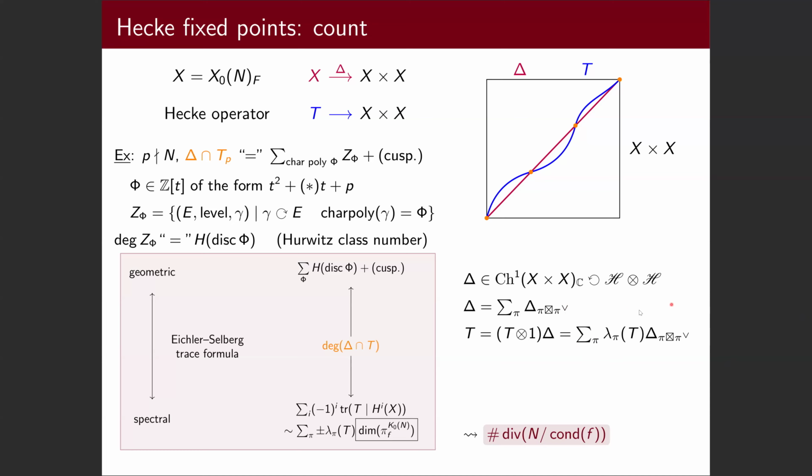Okay, so now I have these spectral decompositions of the diagonal class and the Hecke operator. And so I can use this to calculate the intersection pairing. So this point count, the degree of the intersection, we should be able to calculate this as an intersection product in the Chow group. And there's supposed to be some adjointness for these Hecke operators with respect to the pairing. In other words, the self-adjointness means that these different Hecke eigenspaces should be orthogonal to each other. So if I calculate this intersection pairing, I should be able to calculate the intersection on the isotypic pieces term by term. So the Hecke operator T contributes a lambda pi, and otherwise I get a self-intersection class